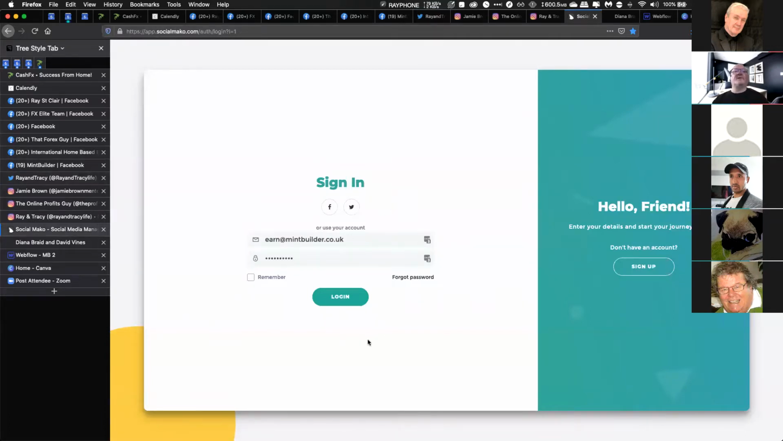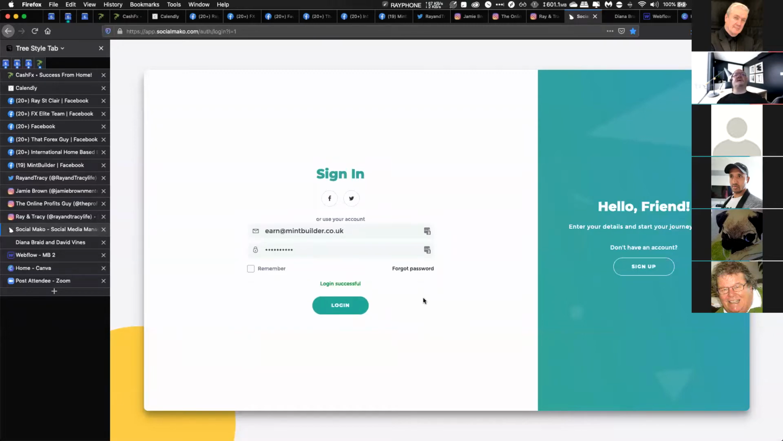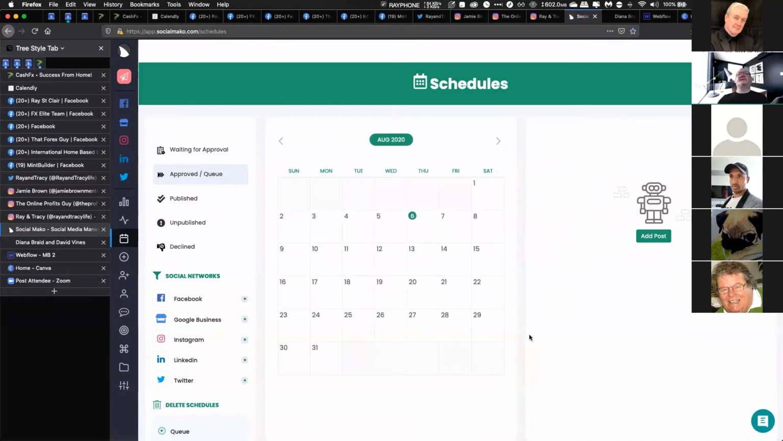And many of you have now bought the lifetime deal. You can add up to 10 social accounts into Social Mako. So I'm going to log into Social Mako. When you log in, this is the screen that you're presented with, and to a new user, I think this can be quite confusing. The schedule screen. So we're going to ignore it for a minute. The first thing you're going to want to do is add in your social